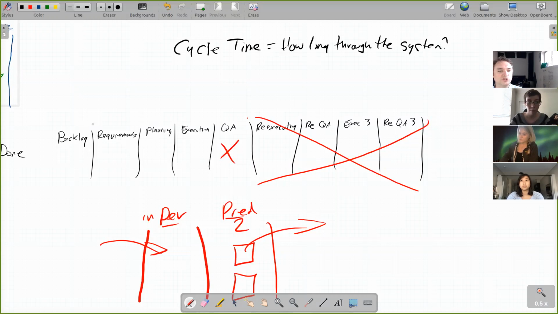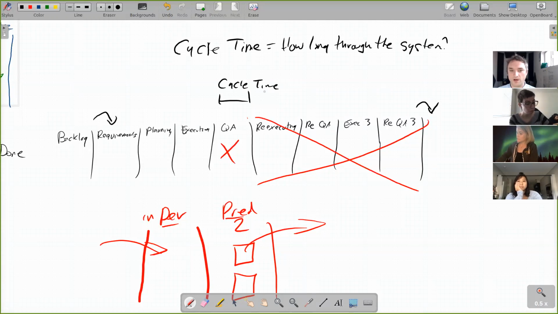So from when you start working on something to the time it comes out of the system, that's cycle time. And one of the goals with Kanban is to reduce cycle time. We're concerned about flow. Cycle time is a way that flow is measured.